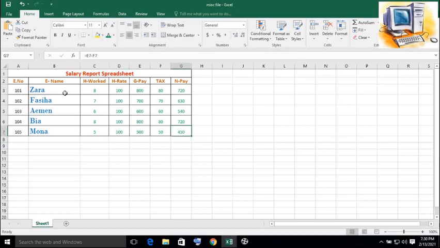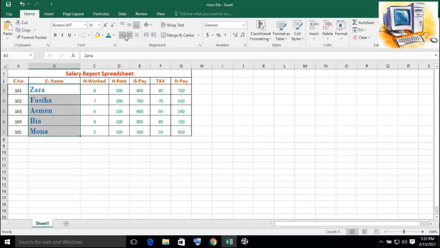Okay, and another thing that we discussed in this lesson is the alignment of text. See, currently the alignment of this text is left aligned. Here in the alignment related options, we can see that when I selected this data, the alignment which is currently active is align left. I can make it center or right aligned. So these are the alignment related options.